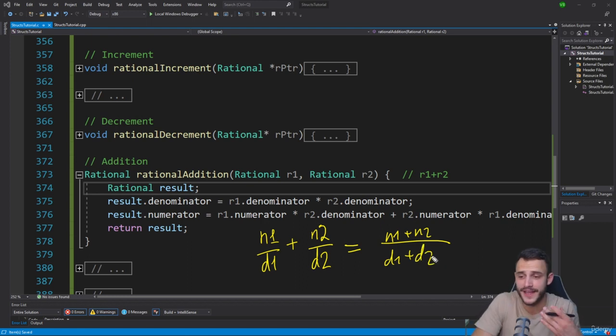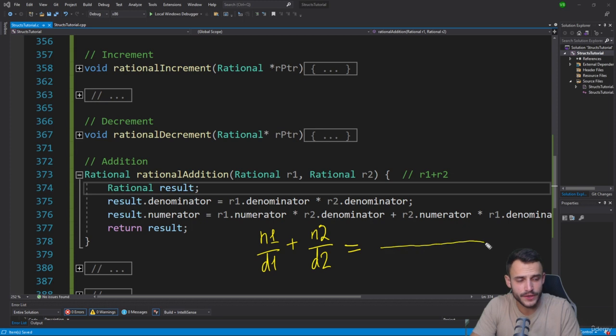Okay, it's not something that I have invented. That's math. So there are strict rules that we should follow. And how is it going to look? First of all, we do some common ground, some common denominator. And the common denominator of the result, okay? This is